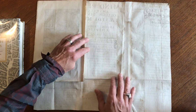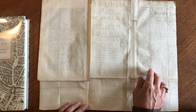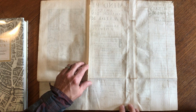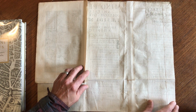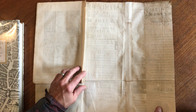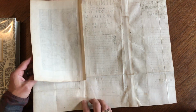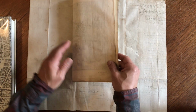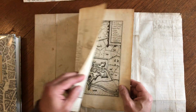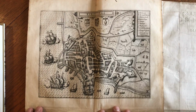Like many large folding views of this era, this one has been repaired numerous times in the past, and it's actually rather fascinating when you look at the repairs someone did long ago, because here I notice, in reverse, there is the imprint of DeWitt on one of these sheets of paper they've used to mend the back of this. And also what's very interesting is attached to the back of this is this Guicciardini city plan bird's eye view,